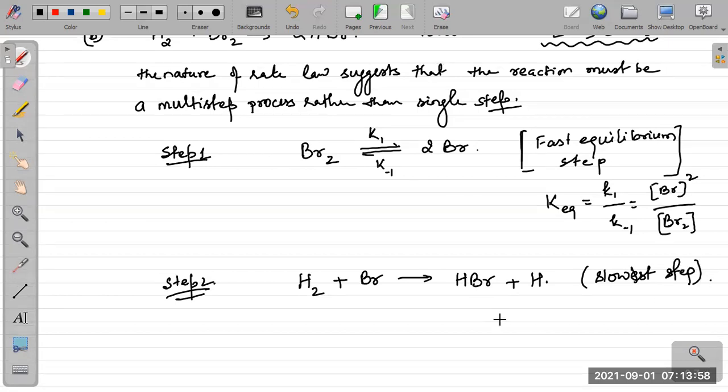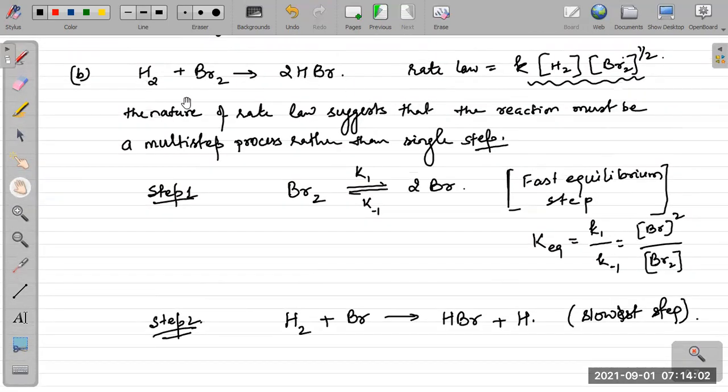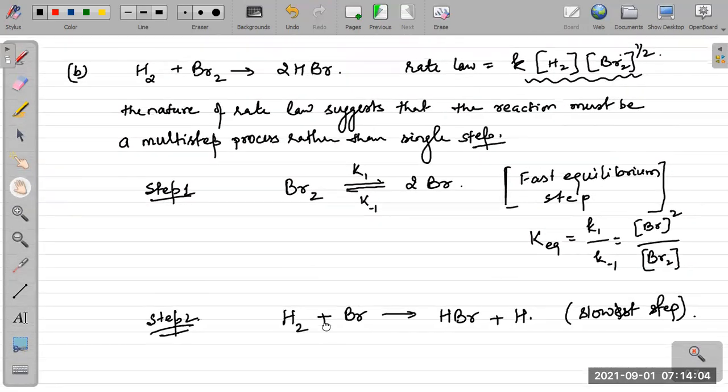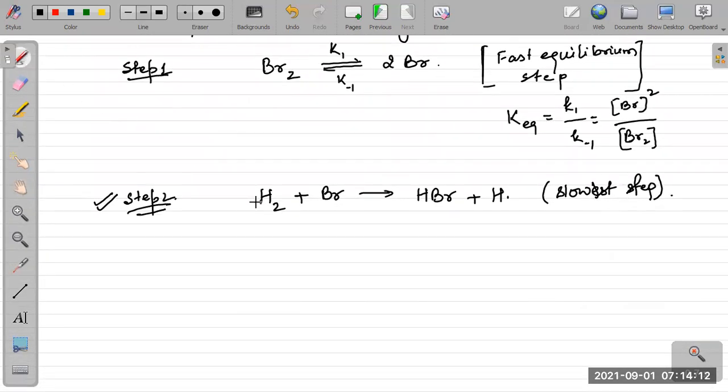Therefore, the rate law of the reaction will be decided with the help of this step 2 reaction. Okay? And then finally the conclusive step of the reaction is step 3, where